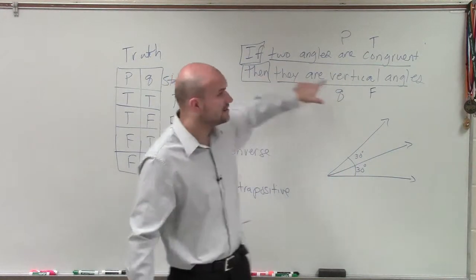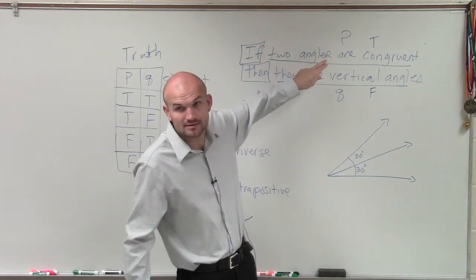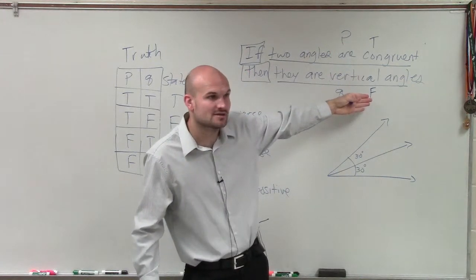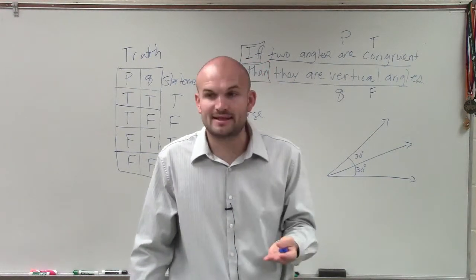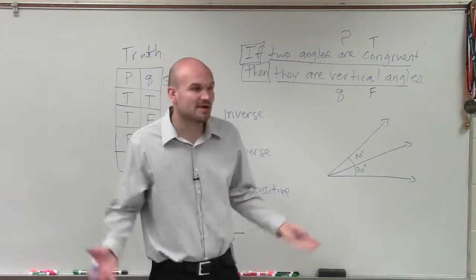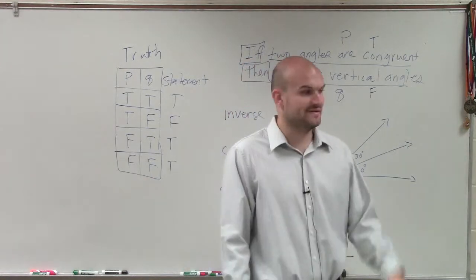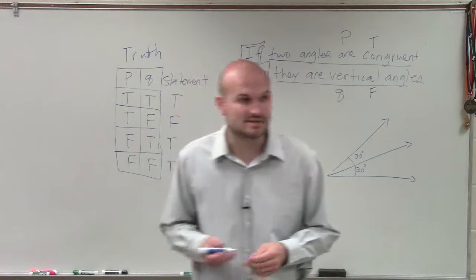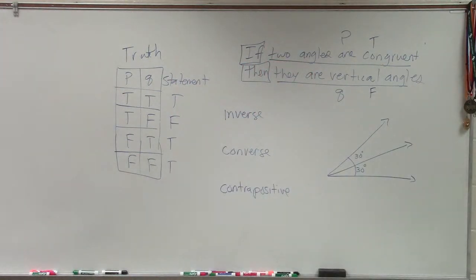So these are not vertical angles, so therefore that's false. But are they congruent? Yes, so the hypothesis is true, but the conclusion is false because they're not vertical angles. So you could say adjacent angles that are exactly the same would make this false. Therefore the statement is false. Okay? But you can't just write true or false, you have to be able to provide a counterexample. It's not a 50-50 if you're going to get the problem right. If you say false, then you're going to have to provide a counterexample. All right? Okay. Now, let's go into